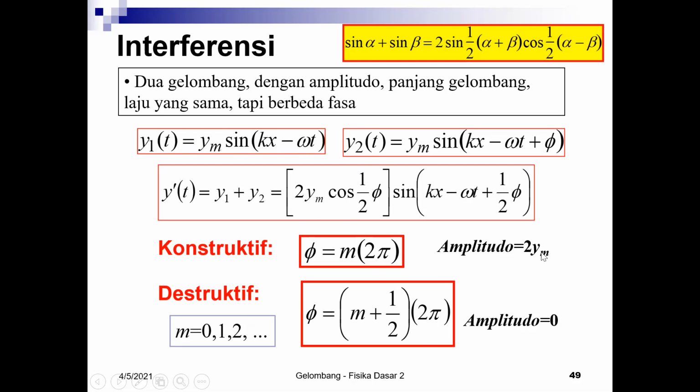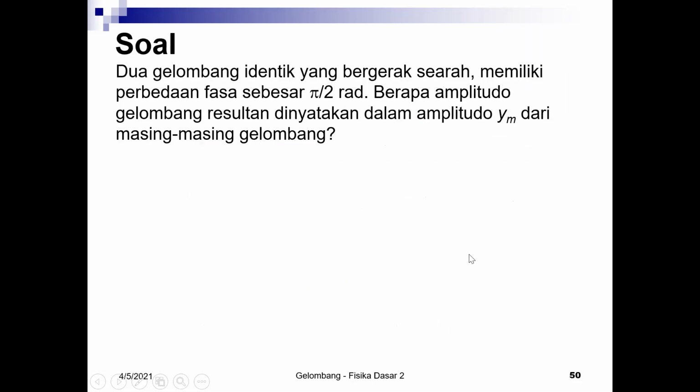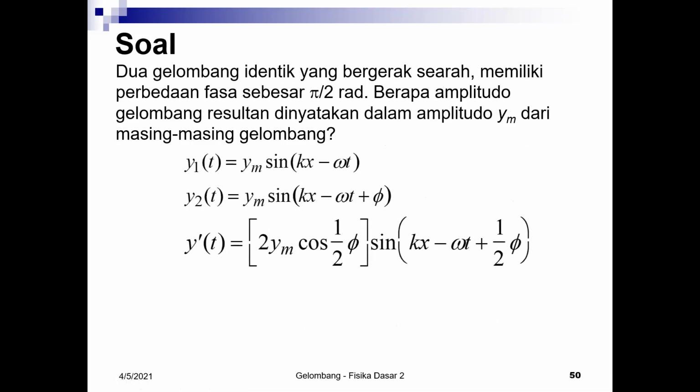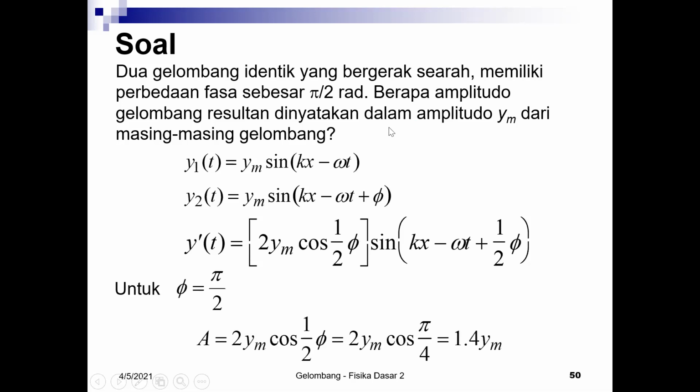This amplitude plus minus 2 ym for maximum, constructive. So this is, for example, we have two identical waves who move in the same direction, but they have different phase. So what happens if we sum this y1 and y2, we get this